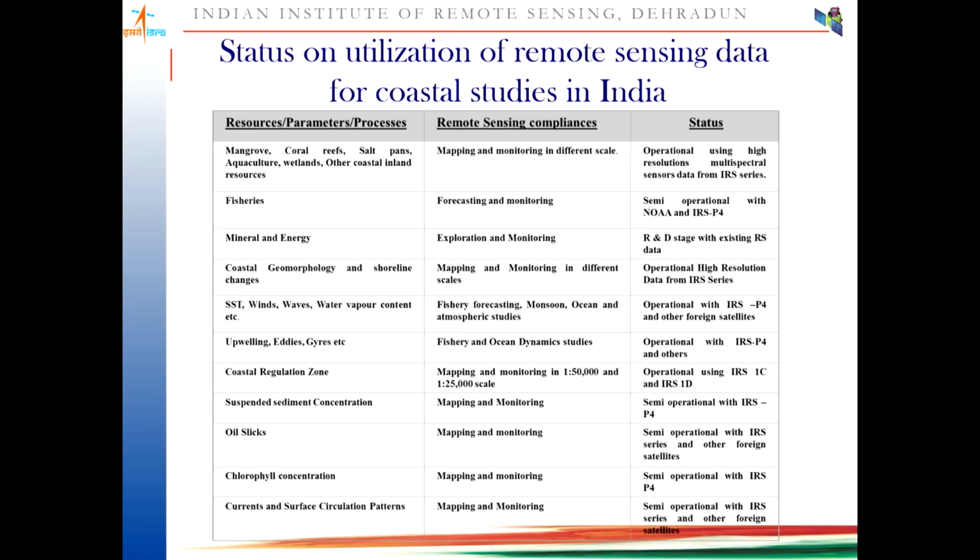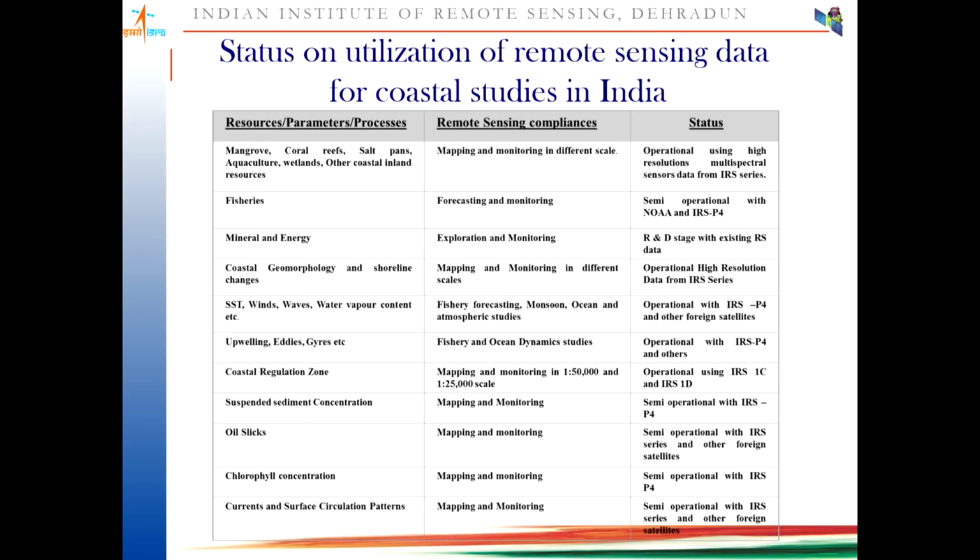We can get information about the upwelling areas, the eddies, gyres. They are also very important to understand the potential areas of fishing, because in the upwelling areas, the cold water with a lot of nutrients from the ocean bottom comes up and mixes with the top warm water, which can be picked up by the SST map from NOAA AVHRR. Very nicely you can pick up the areas having eddies, gyres, upwelling. Those areas have more chlorophyll, so the chances of getting fish are more in this region. Also it's a dynamical process, so it will help you study the ocean dynamics, and you can use IRS-P4